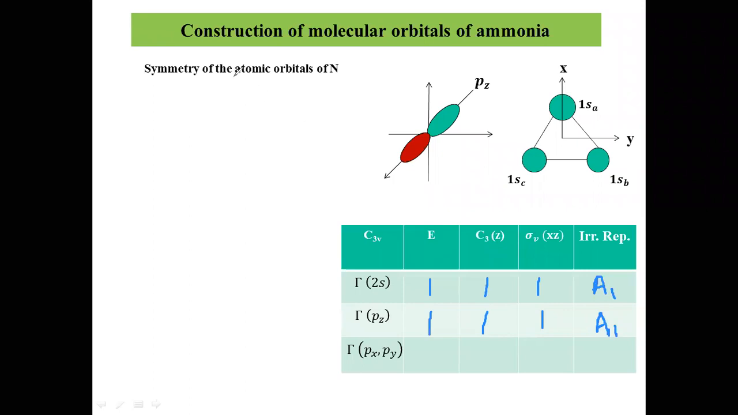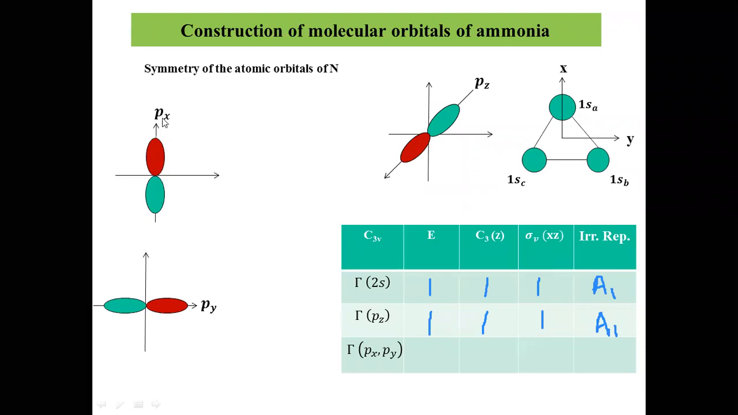Now if I go for px and py, identity, of course, is not going to change. If I do identity, none of them are going to change. So let me just get those px and py. Let's say this is px and this is py, and of course they are sitting in the same place on the nitrogen atom. Now if I do identity, they remain unchanged, so the character is going to be 2, 1 for this, 1 for this. So total is going to be